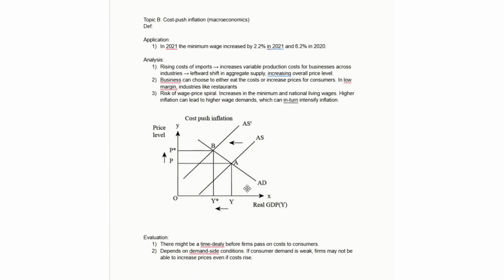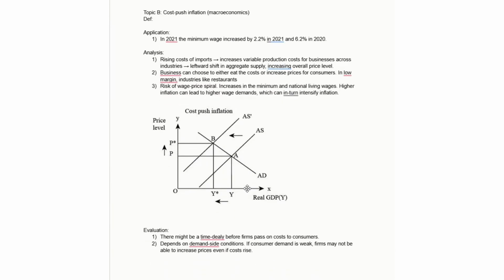The second topic is more macro focused. So we're talking about inflation generally. And the context here from the extracts is that we've had these minimum wage increases, right? There's a 2.2% increase in 2021 and a 6.2% increase in 2020. The explanation here is that when you have this increase in the cost of imports, which you already explained in the previous point,